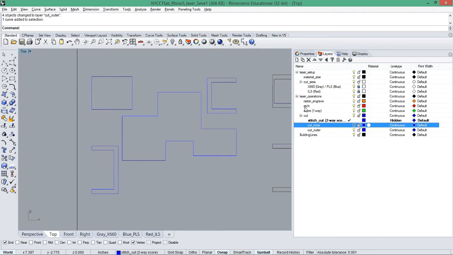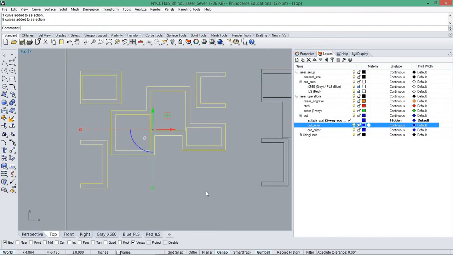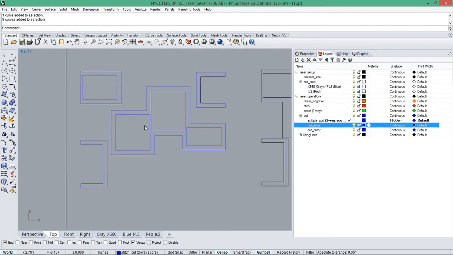Okay, another one is etch. It's pretty much a cutting like a dash line. It cuts and it doesn't cut, leaves a space, cuts, doesn't cut, leaves a space, etc. Okay, so at this point we're good to go, except the problem that I mentioned that we need to clean